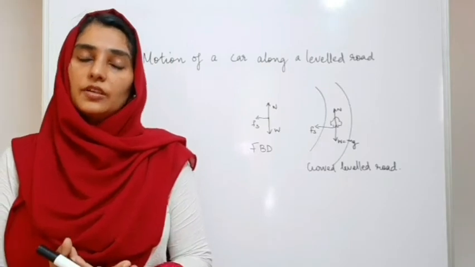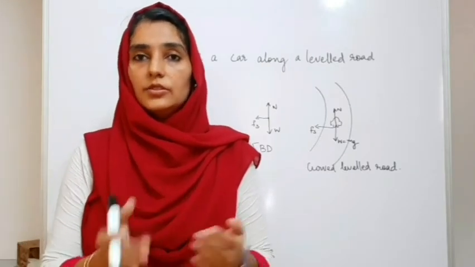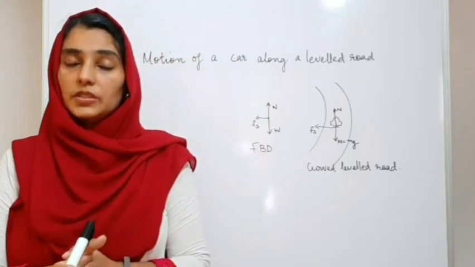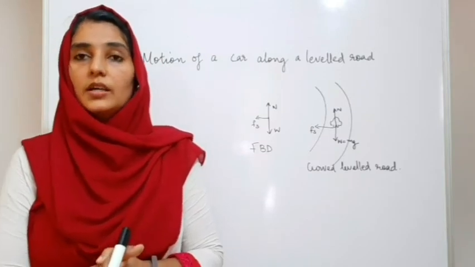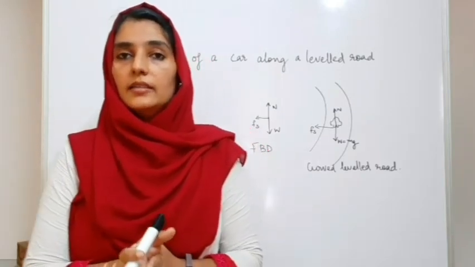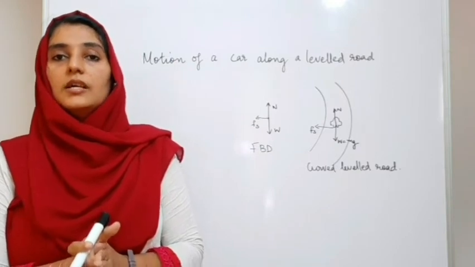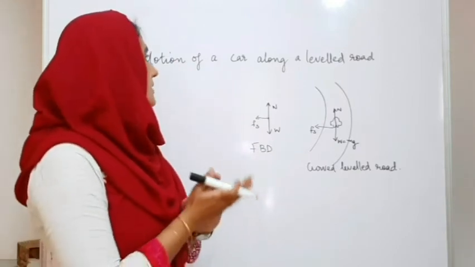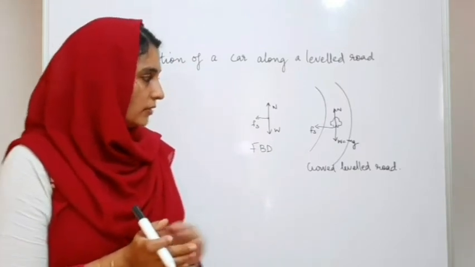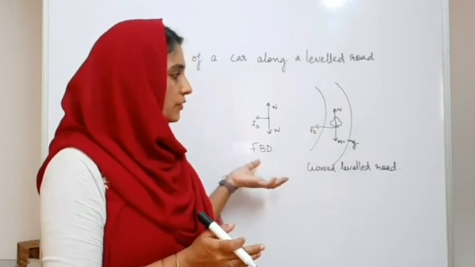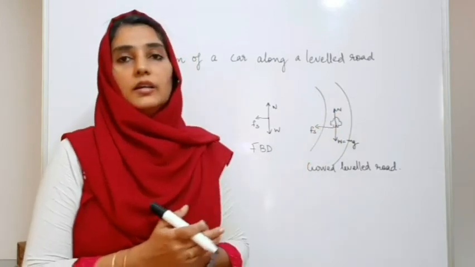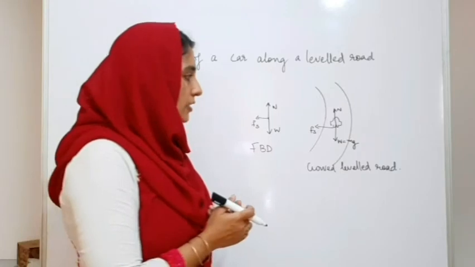And how does the frictional force support in the two different cases, and what is the expression for the maximum speed with which a car can negotiate or describe a circular path? So first, let us see the motion of a car along a level road. I have shown a curved path in which a car is trying to describe a circular path of radius